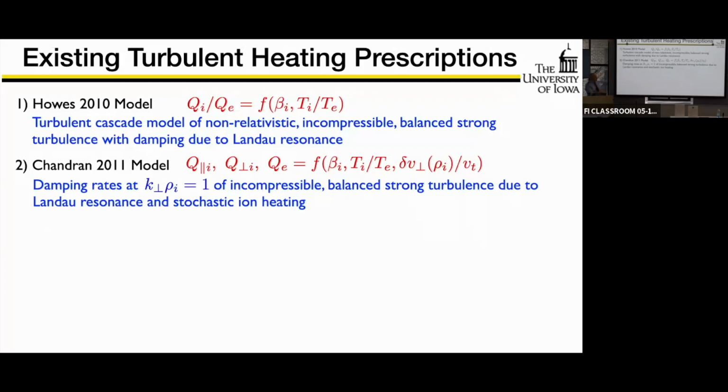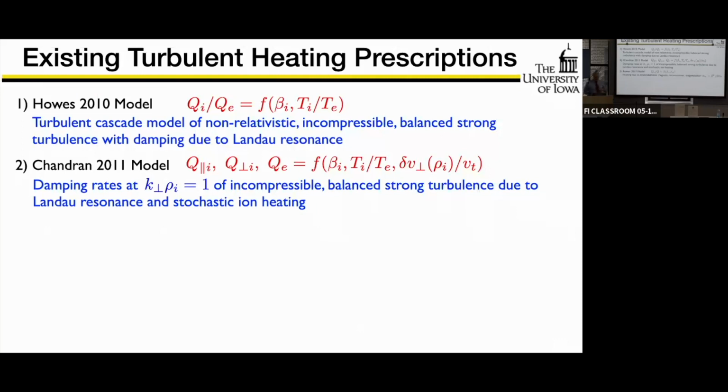And so it's a function of the beta, the temperature ratio, and also this parameter, which is not the way I would characterize things, but it's the amplitude of the turbulent fluctuations at the ion Larmor radius scale relative to the thermal velocity. That's just the way his model defined that parameter. But it is a dimensionless parameter that you can characterize things with. But this, I would say, is not a large scale parameter. You really have to have very detailed measurements to know what that is. So kinetic simulations can do it, but observations, particularly astronomical observations, can be very hard to determine what that number